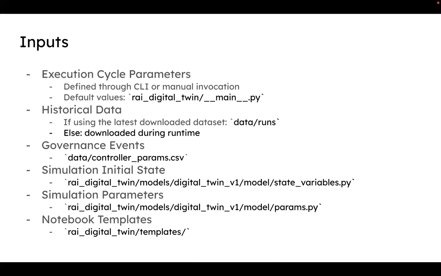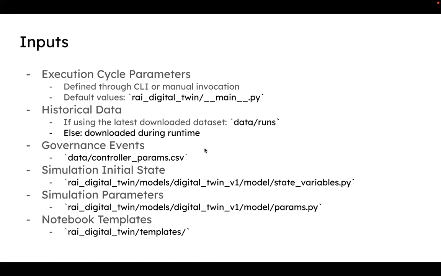They are related to the simulation configuration parameters, which are things like, for example, for how much time do we want to extrapolate to the future, or how much historical data do we want? Do we want to use 1-2 days of historical data, 1-2 weeks, 1-2 months? So those are all parameters. You can define them both by the command line interface, as we saw in the first workshop, or there is also this main file here where you have some default arguments. We are going to go over them.